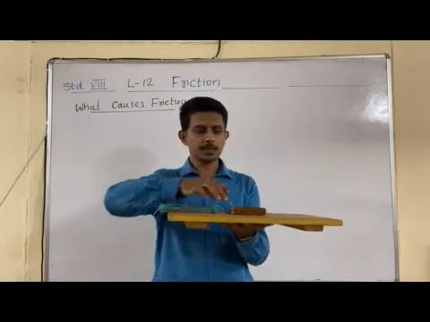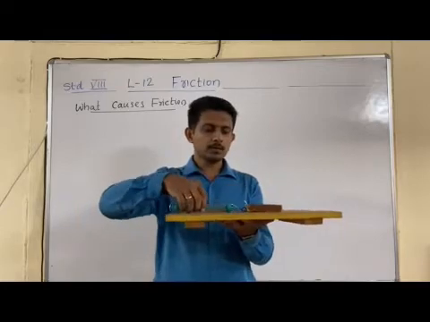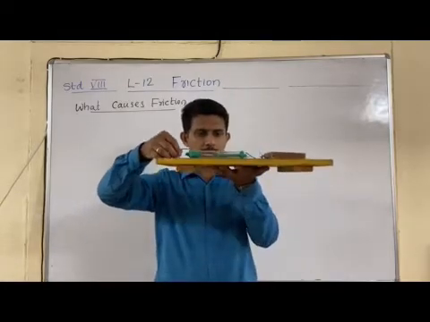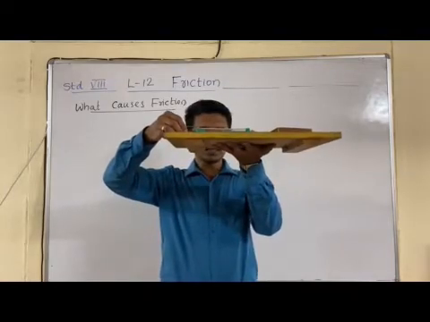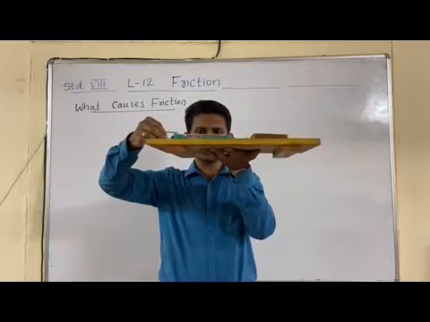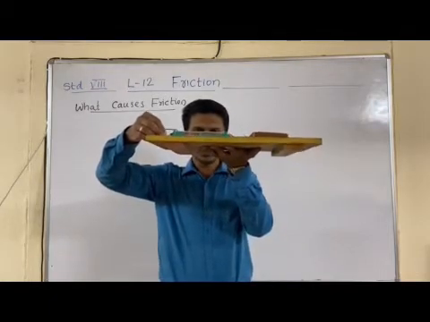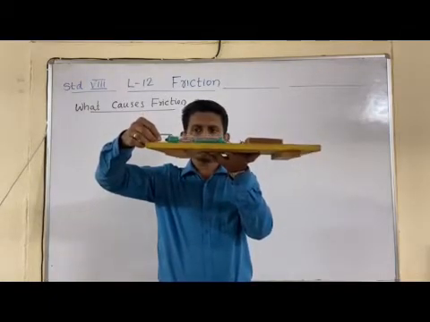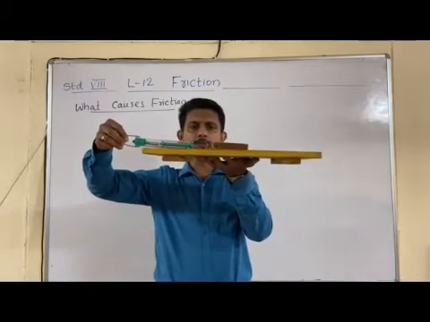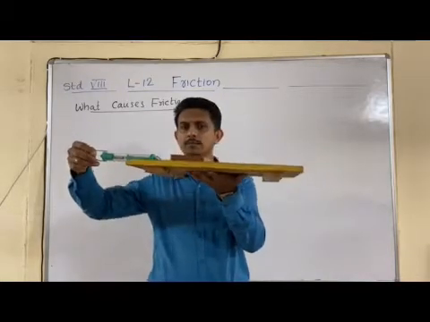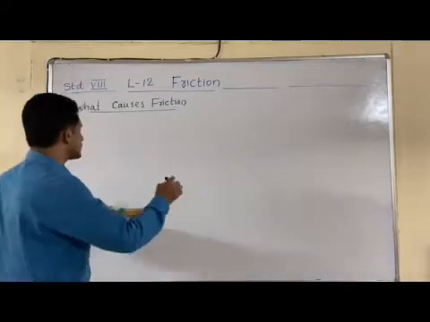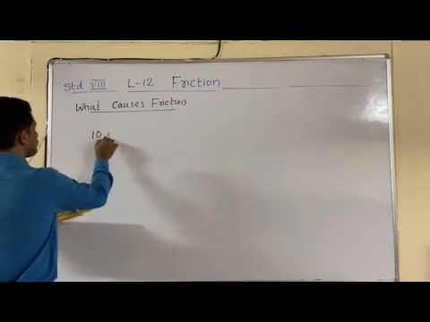Like this I am attaching it and I am applying force on this. I am trying to pull this object. So you can see that when I am applying force, almost 10 Newton force is acting. The spring balance is showing 10 Newton. Then only this object starts moving. You can see that the spring balance is showing 10 Newton force.